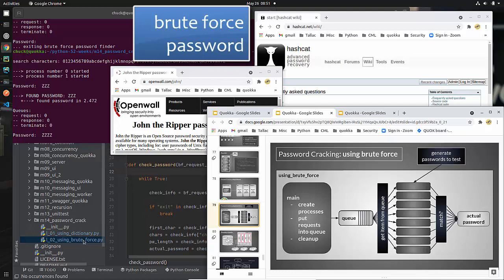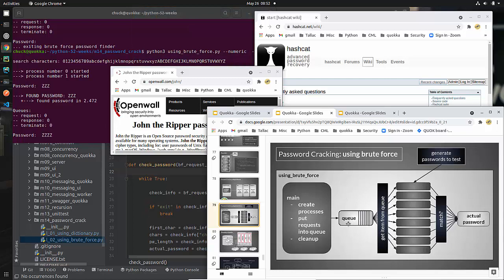And as I mentioned before, there are tools that exist out there that do many of the things that I'm showing you, that do dictionary searches, that do brute force password checking, etc. I'm not attempting to recreate those. I'm using cracking of passwords as a vehicle for teaching you about Python and some different Python things. In this particular lesson, I'm actually going to be teaching you a couple of things. One is going to be queuing and using the queue class, and the other is using multiprocessing.